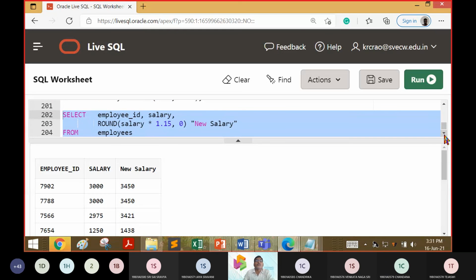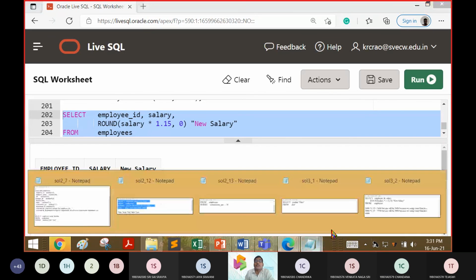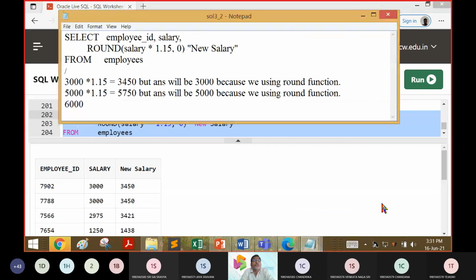What happened to the first record first? Did the new salary get affected by the round? This is the statement you made: 3000 into 1.15 is equal to 3450, but the answer will be 3000 because you are using the round function. But see, the new salary was only 3450.